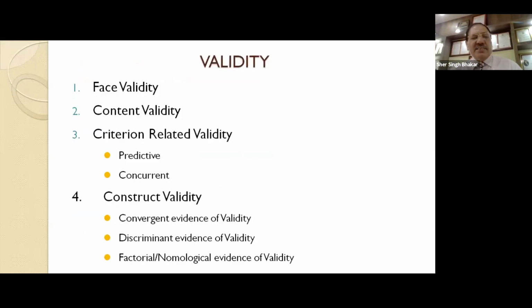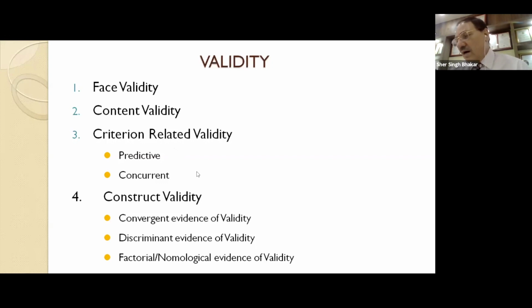And this is the classification of validity: face validity, content validity. These two, face and content validity, are in the control of the researcher. The researcher actually computes them, or reflects that my validity is high. And content validity can be supported using references. That means you can use multiple references to support your content validity. Criterion validity is predictive and concurrent.